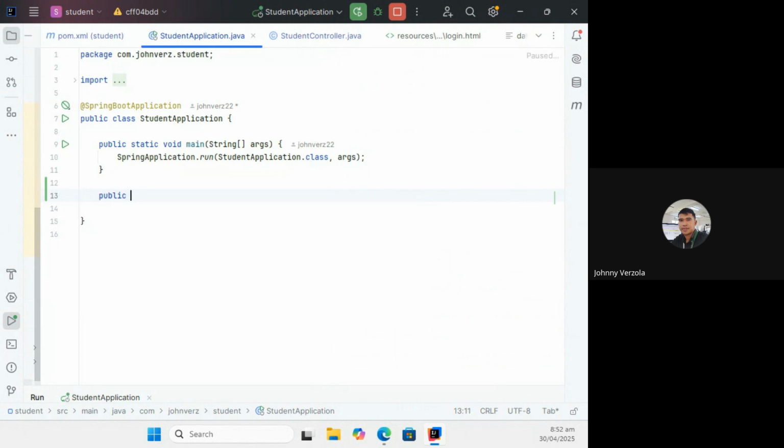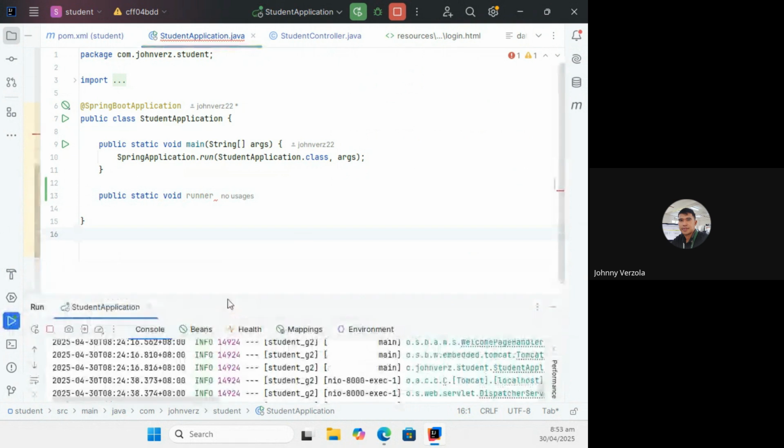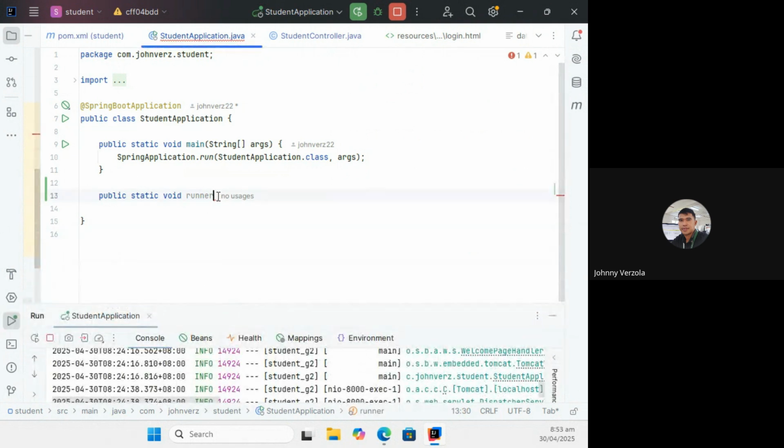Public static void, I'm going to name it runner. Runner meaning we want to just execute code where we want to see the output in the console later on.